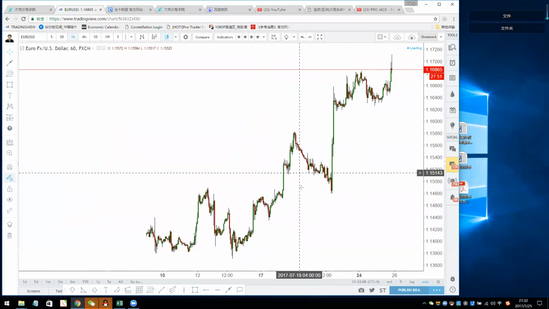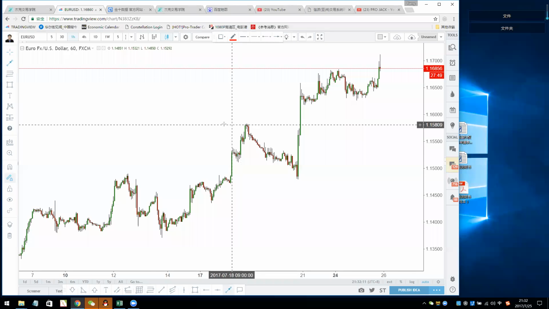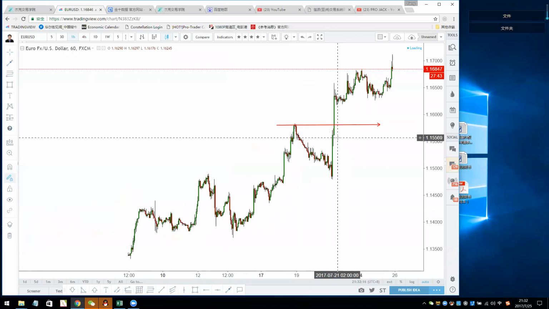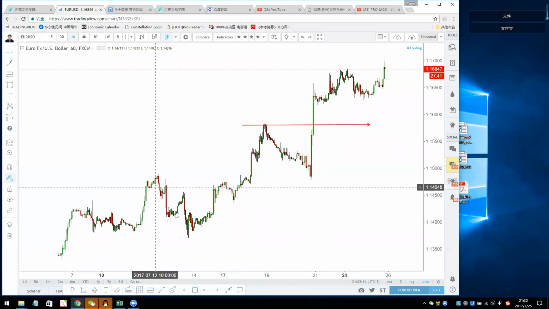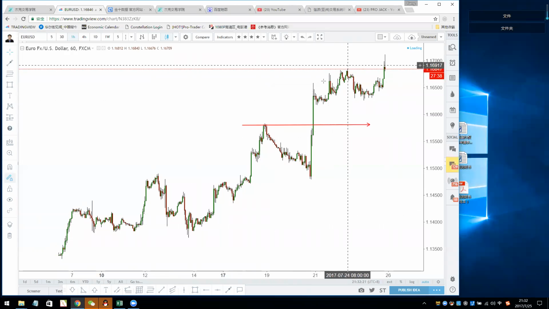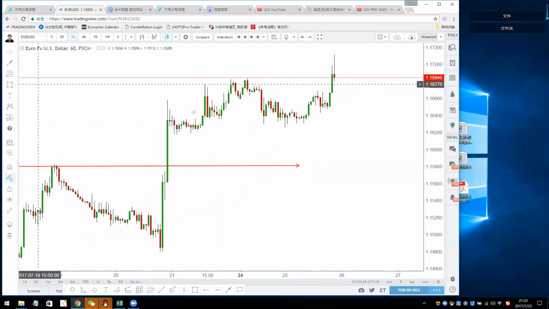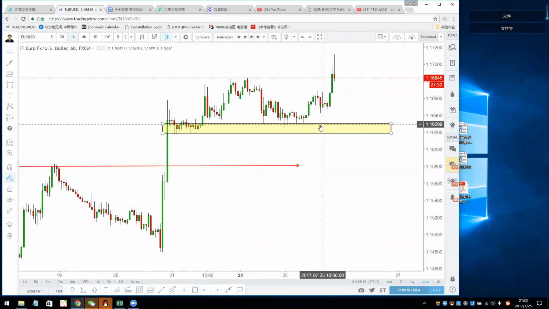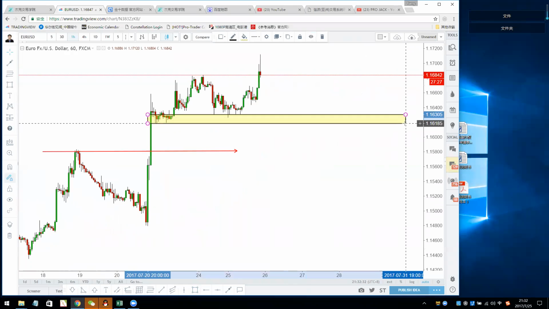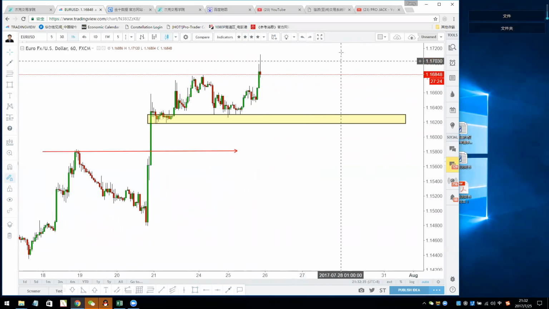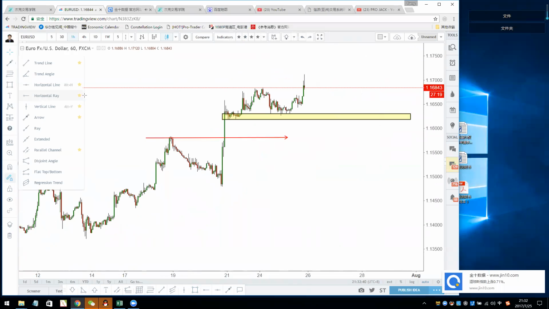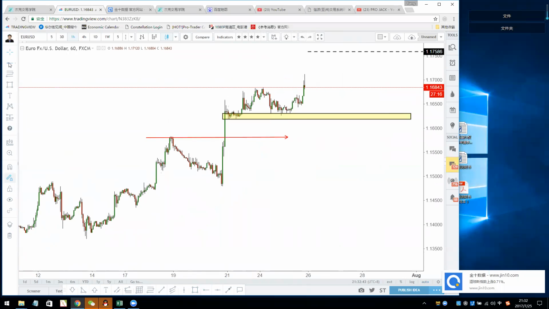Now the trend for the euro is still up, because after the ECB it actually broke the high. It's telling us that the trend is still up, because it continues breaking new highs. You can see here the support has now come to this area, 1.1620. So if the euro is still above 1.1620, it's still a bullish trend. The price can still go up to 1.1714 and 1.1760, to this area. It didn't really touch the 1.1714.